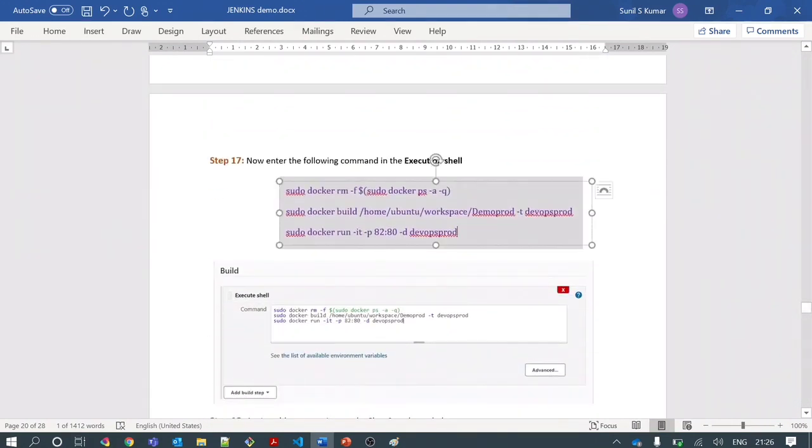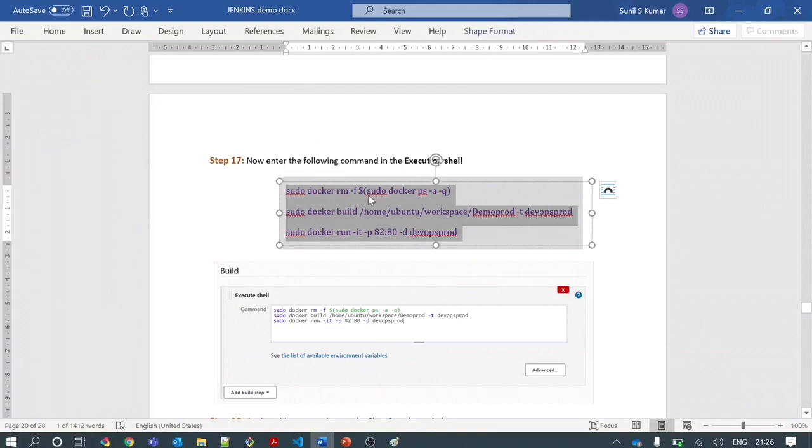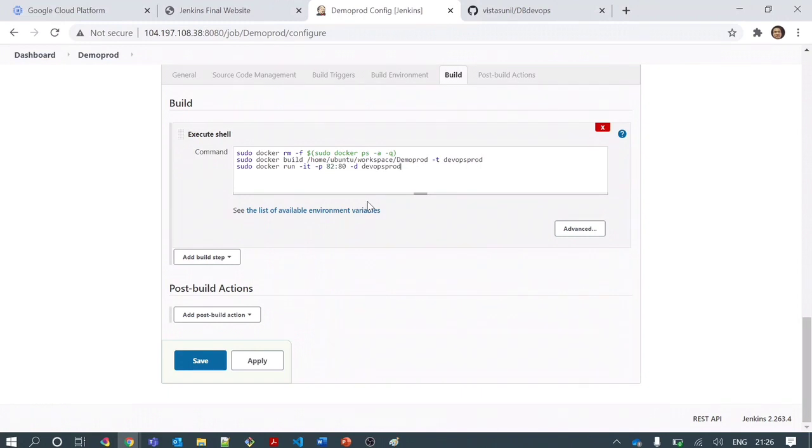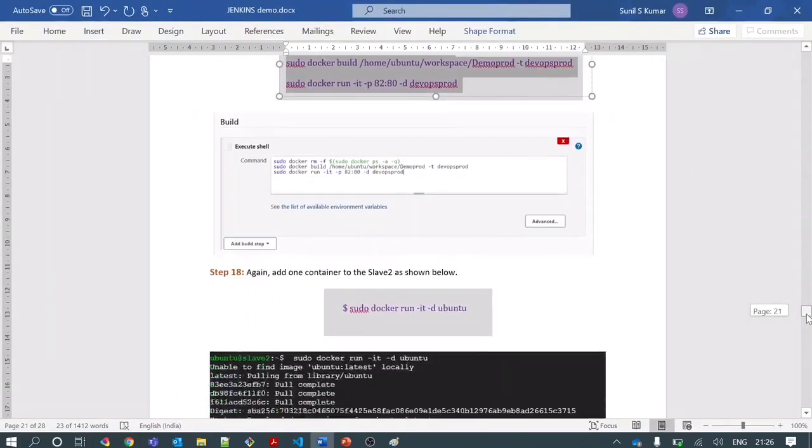And then I will put these commands. The job name is demo prod, so the workspace will use the demo prod directory to place all the codes and run the execution steps. The new image will be created with the name DevOps prod. Save the job, and try to build it.